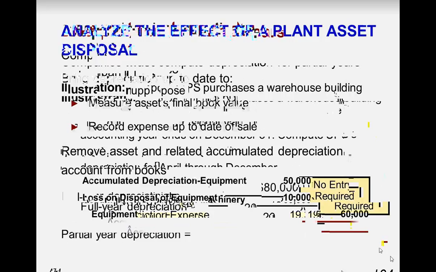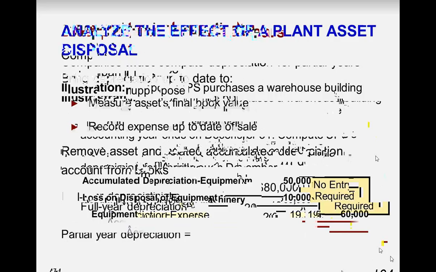So I have an example here. We sold a piece of equipment for $7,300 cash. The equipment had a cost of $10,000 when it was purchased in January of 2011. It has been straight line depreciated with an estimated 10-year life and no residual value. Partial year depreciation must be recorded for the asset from January 1st, 2014 to the sale date. The depreciation entry at September 30th, 2014 is, so